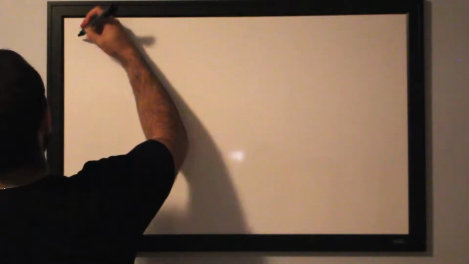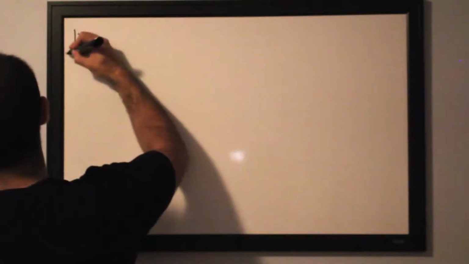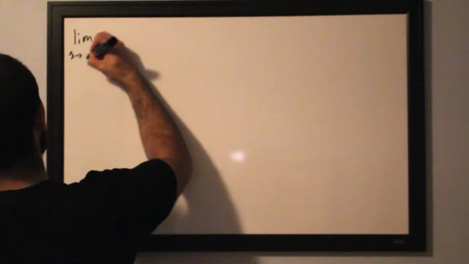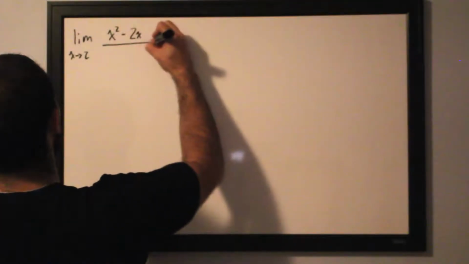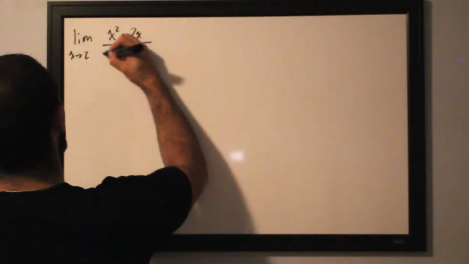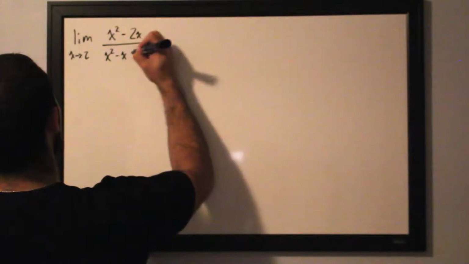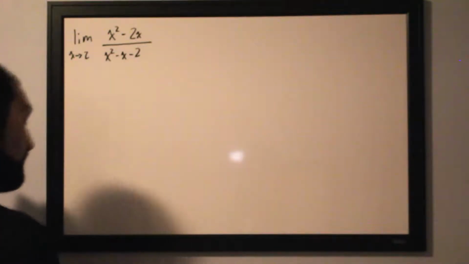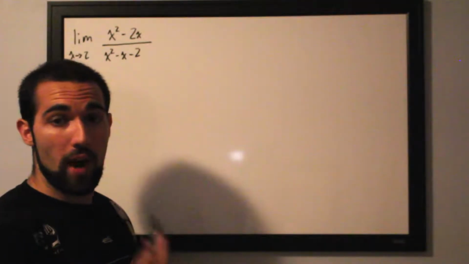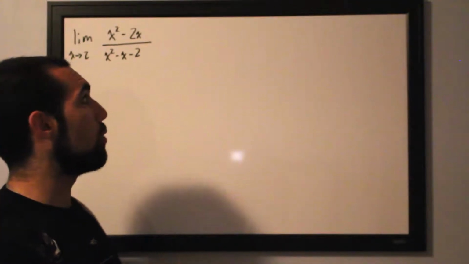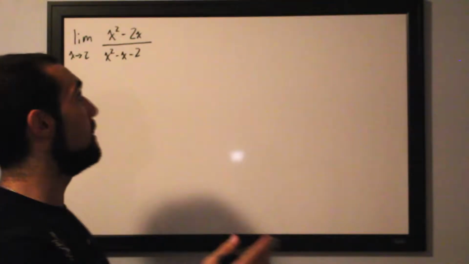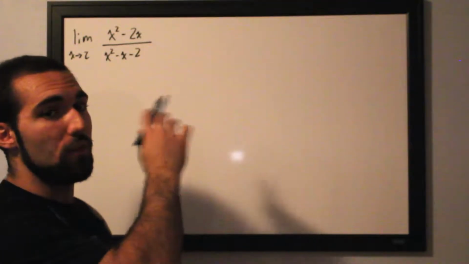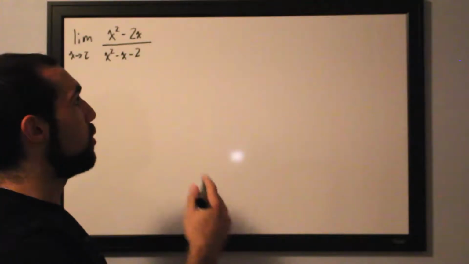We're going to evaluate the limit as x approaches 2 of x squared minus 2x over x squared minus x minus 2. Now both the numerator and the denominator can be factored, but before we do that, what we want to do is plug in the value that we're evaluating the limit at, in order to see if it actually gives us an indeterminate form,